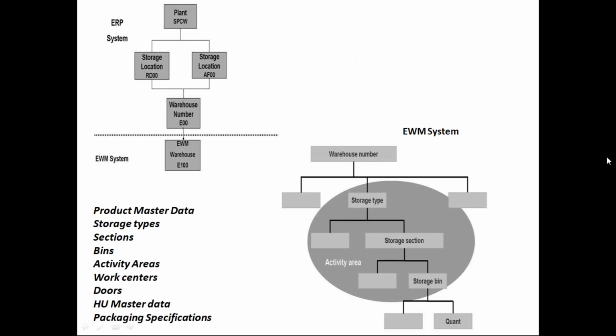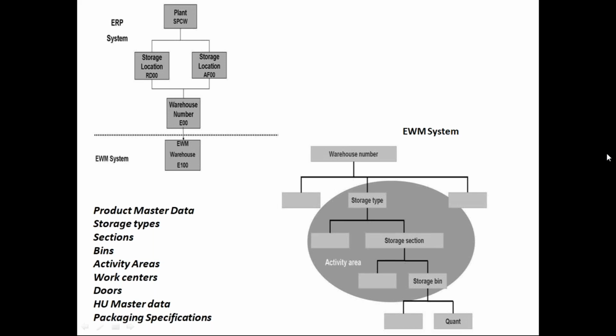Now, how to set up the structure, like how to integrate this EWM with ERP, we have seen. Now, what is the org structure that we need to set up? Basically, it is the same as WM. In WM, how do you set up? A plant can have multiple storage locations. Out of those storage locations, you can assign some storage locations to WM, and you can keep some storage locations at IM level. And if you want to keep all storage locations at WM, even that is possible.